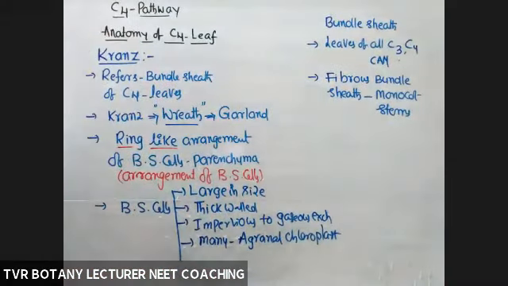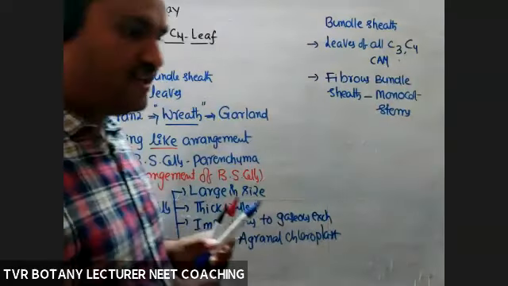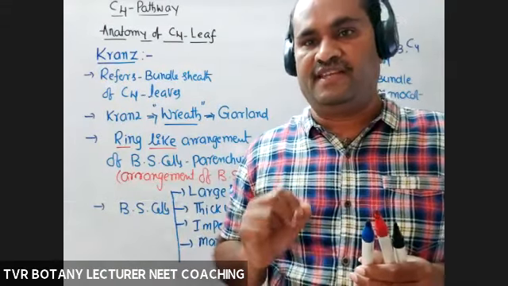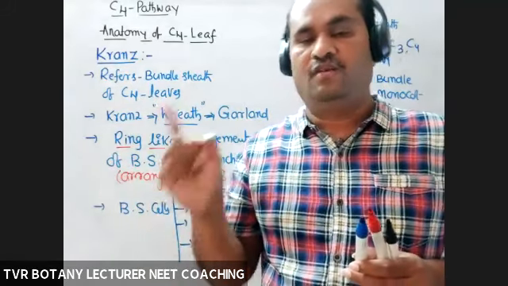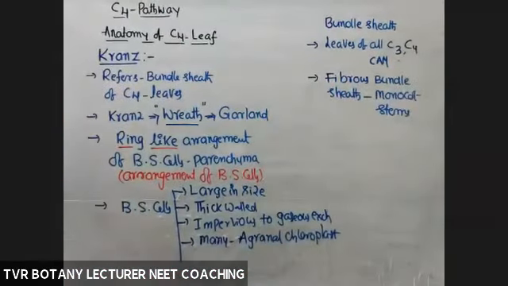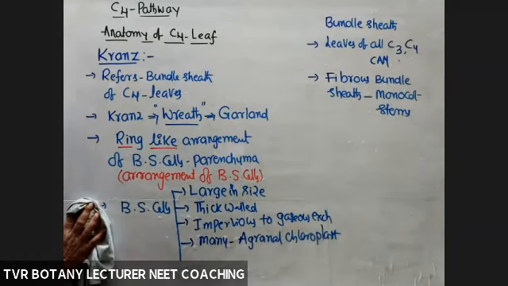In the case of C3 plants, to complete the entire photosynthetic mechanism, one kind of cell is enough. But here, two kinds. In the case of CAM plants, crassulacean acid metabolism, that is also one type of C4 plant, but there is only one kind of cell. C4 cycle and C3 cycle both take place within the mesophyll cells only. So that's the introduction part of the so-called Kranz anatomy of C4 plants. Now, what about the mechanism?